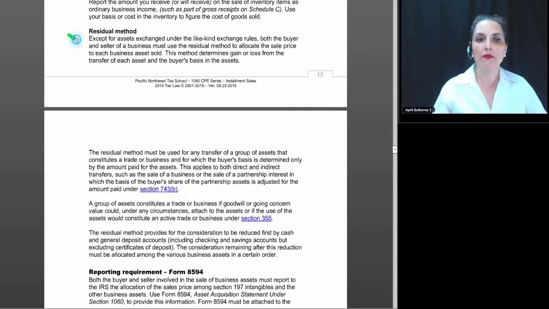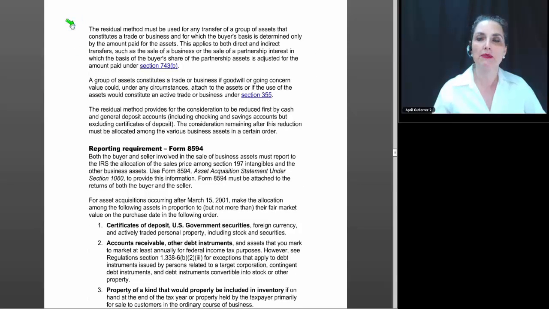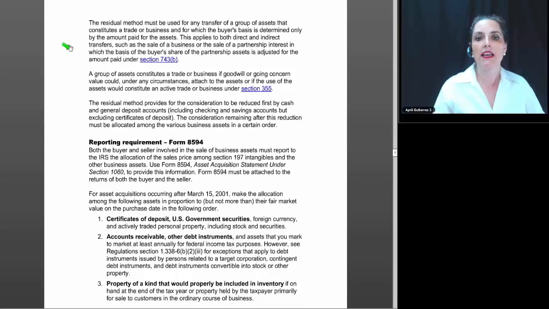Residual method. Except for assets exchanged under the like-kind exchange rules, both the buyer and the seller of a business must use the residual method to allocate the sale price to each business asset that is sold. This method determines gain or loss from the transfer of each asset and the buyer's basis in the assets. The residual method must be used for any transfer of a group of assets that constitutes a trade or business and for which the buyer's basis is determined only by the amount paid for the assets. This applies to both direct and indirect transfers, such as the sale of a business or the sale of a partnership interest, in which the basis of the buyer's share of the partnership assets is adjusted for the amount paid